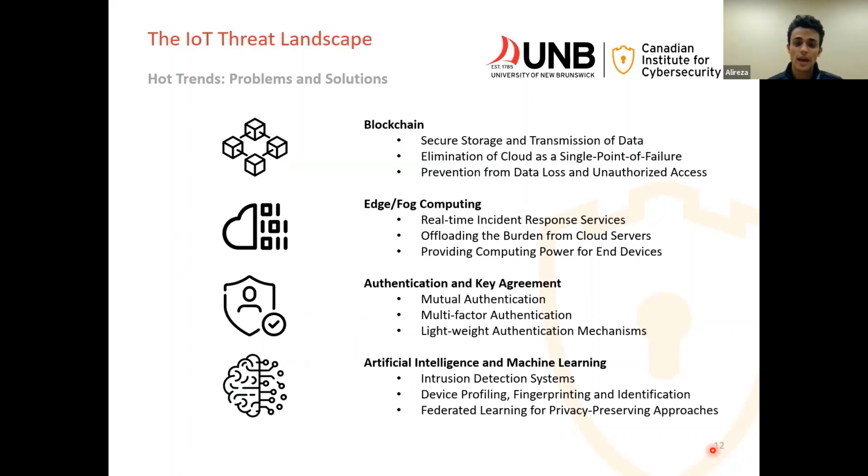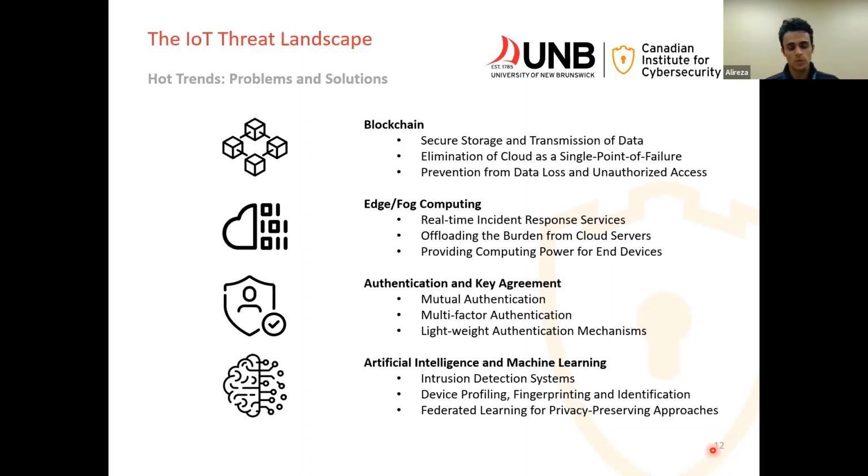So blockchain, as a distributed and decentralized storage system, or you could say ledger, secures the storage and transmission of data, eliminates the centralized cloud as a single point of failure, and prevents data loss and unauthorized access throughout the network. There's a huge amount of work done in the IoT security and privacy papers on that. We also have edge or fog computing, which is basically a distributed, decentralized